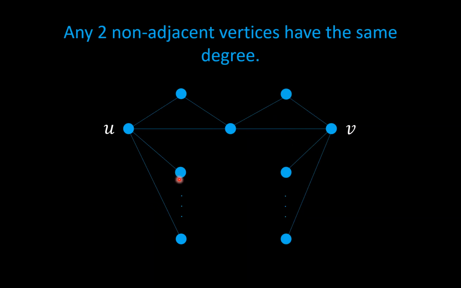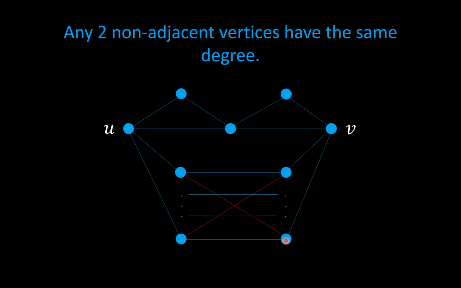Then a neighbor of U has to adjoin to one of the neighbors of V so that, for instance, this vertex and V have a common neighbor. And that is true with all of the neighbors of U. Notice, however, that a neighbor of U cannot have two common neighbors with V. The reason why is because, for example, here we formed a 4-cycle. And that is not allowed by the conditions of the friendship theorem. Likewise here, we have another 4-cycle. And so this edge cannot be here if this edge was already here.